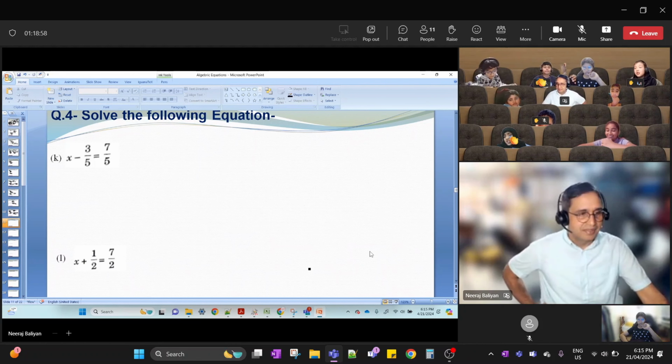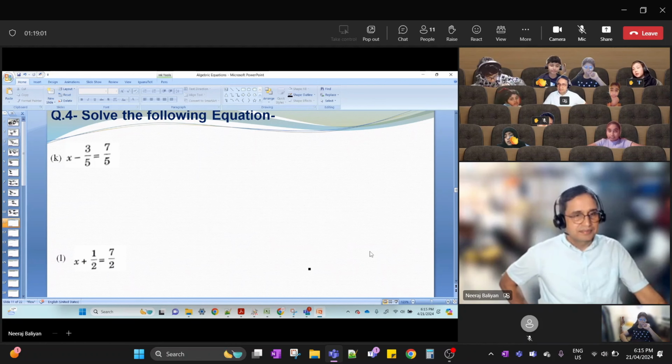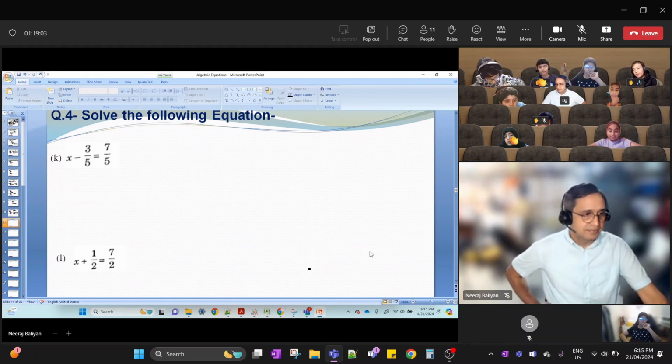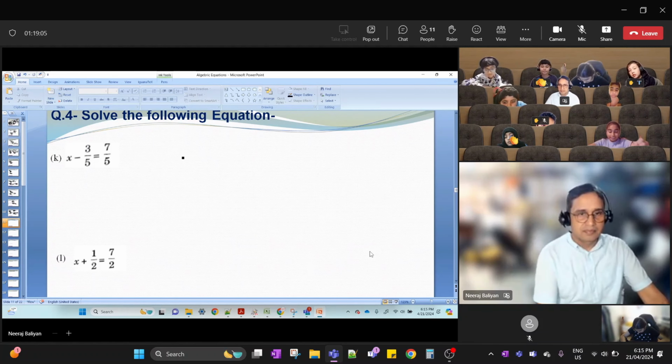X minus 3 over 5 equals 7 over 5. So what we can notice first is that after minusing 3 over 5,